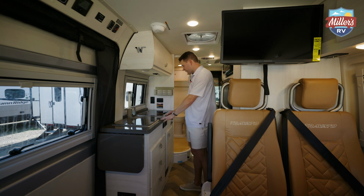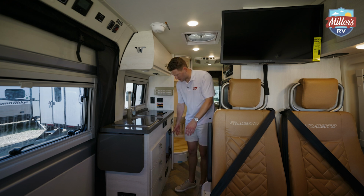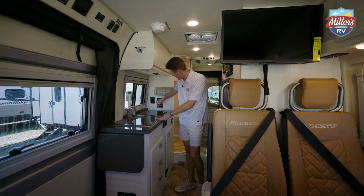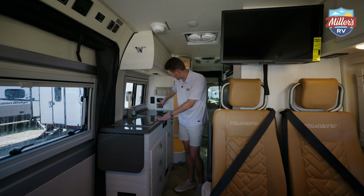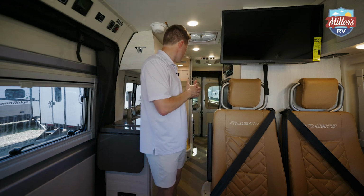So in the kitchen area, I mentioned you have good countertop space. I mentioned the burners. Underneath, you do have your water filter down here, so it's going to be filtered water that comes out of this sink. A few different light controls here. And now I'm going to scoot you guys back so you can see the bedroom and check out the